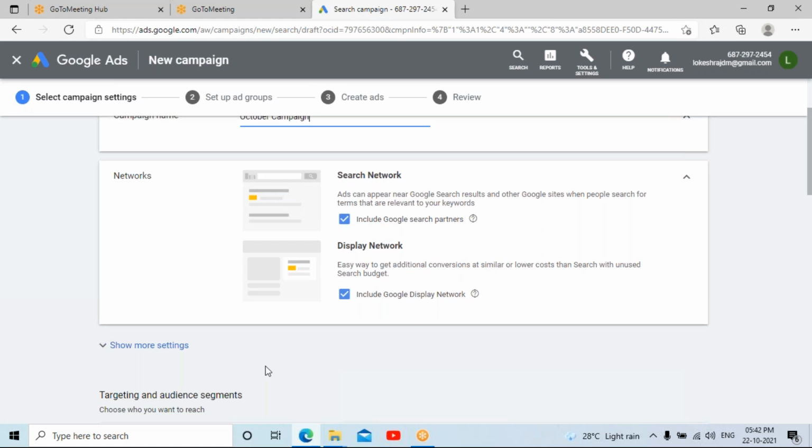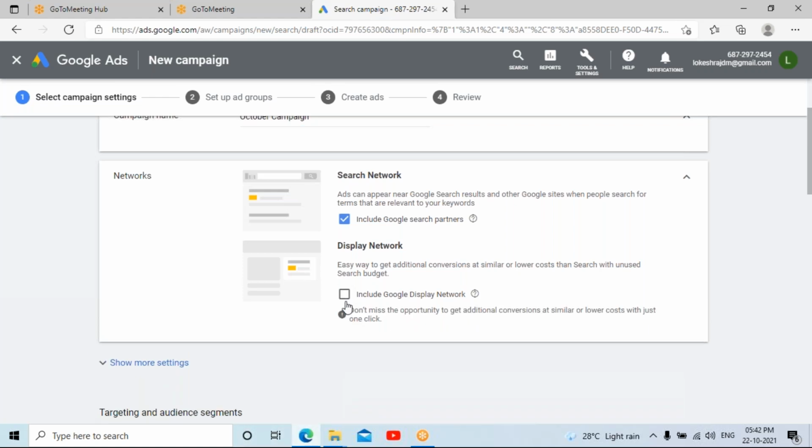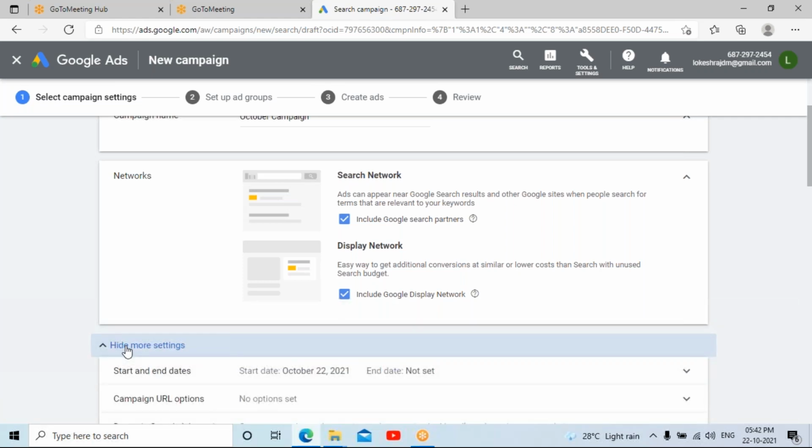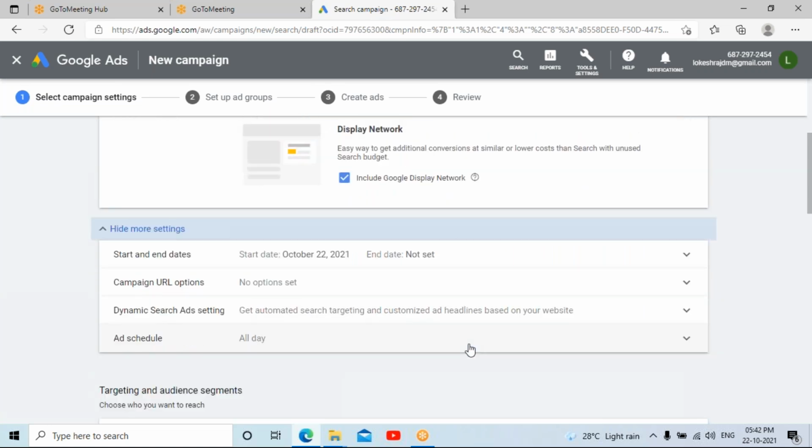If you choose only the search network because you do not want to run an advertisement on the display network, you can untick this, but it is suggested that it is better to go with both options. Next, whenever you have options for creating ads such as show more options or show more settings, click on it so that you get certain important options to configure.